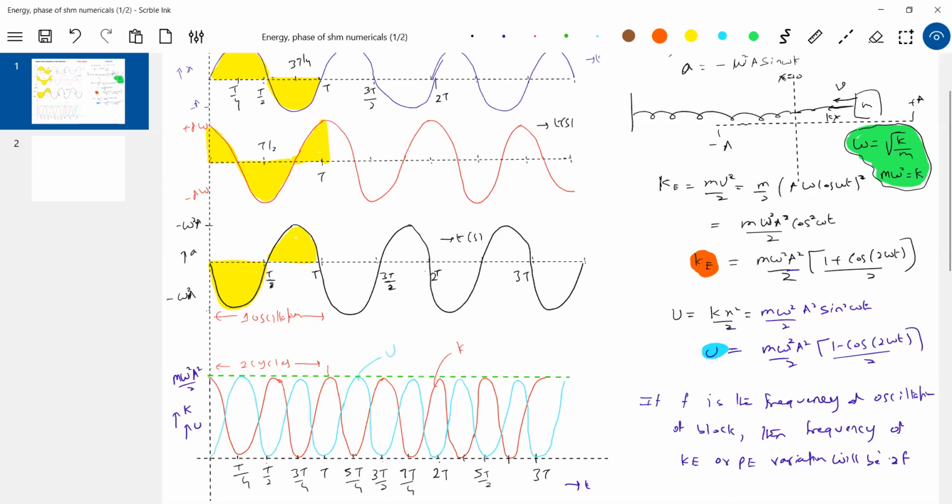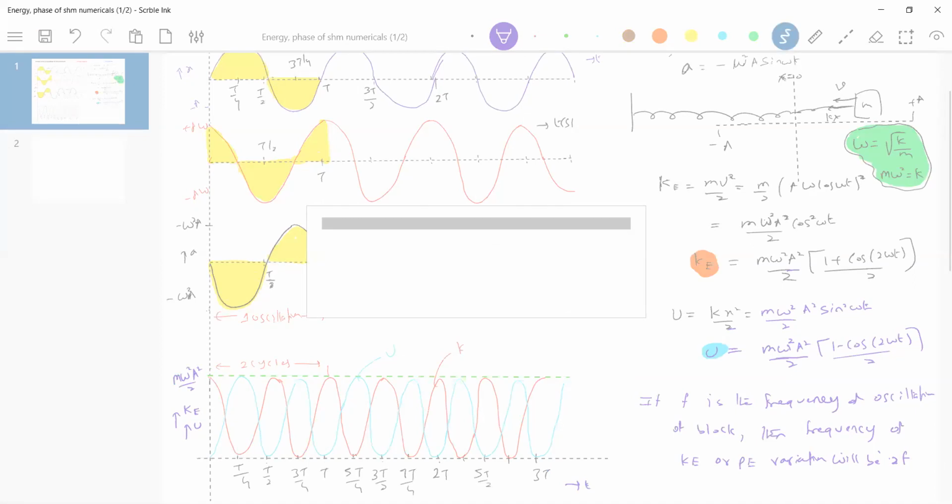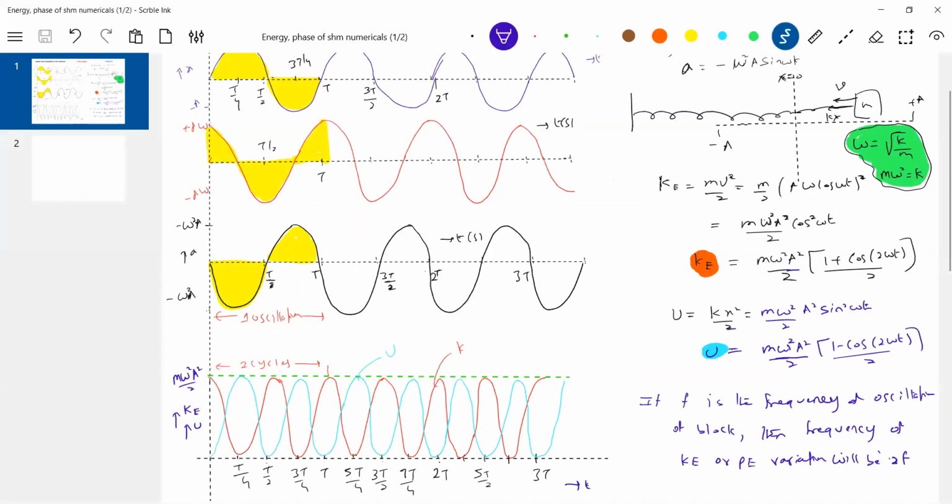Okay, but the negative values should not come. See, you should not ask a physics teacher, sir, why negative values are not there. Your trigonometry should be applied here. Instead of y and x, you are having U and kinetic energy. That's all, nothing big. Able to make it out? So bring back all your mathematics. The mathematics is what you should take help from here. Okay, this is about the kinetic energy.